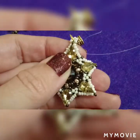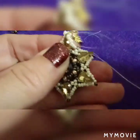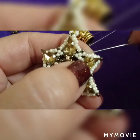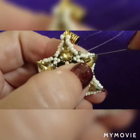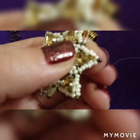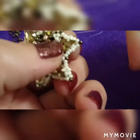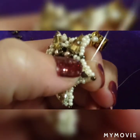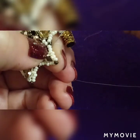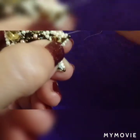Okay, and now I will go through these 3 beads down. All right. Now I have to go through this black bead, dark bead, and through these 3 beads again. I need to exit here. Okay, so I'm going through the dark bead and 1 light bead like this, and now I have to go 2 beads up. I'm not sure if you see this right. Okay, I'm right here next to my connection bead, which is right below the claw,